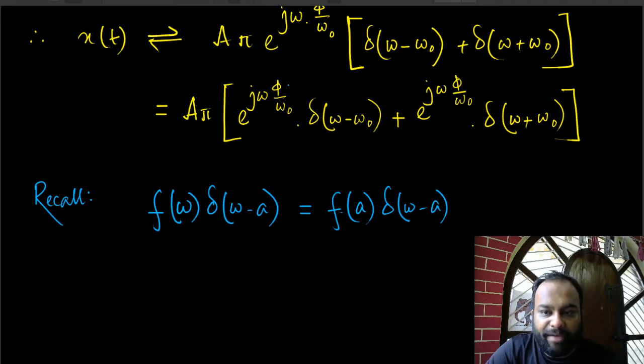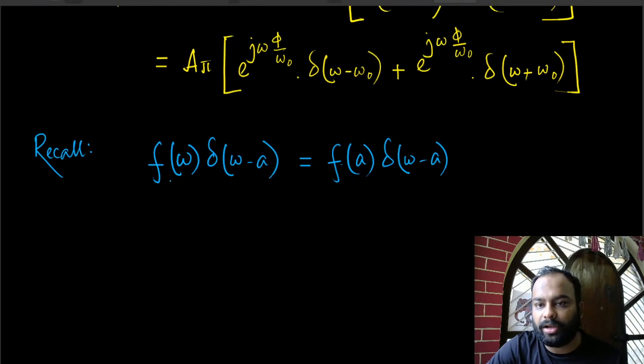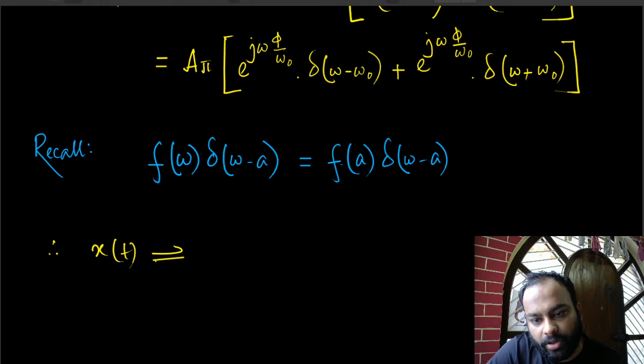And this is like f omega multiplied with delta omega minus omega naught. So a is this omega naught, that's the constant. So with that said, what is the result of this multiplication? I think you get that. Therefore x(t) has a Fourier transform. So I'm just doing this multiplication here. So the result is a pi,